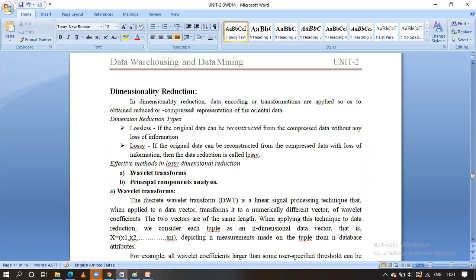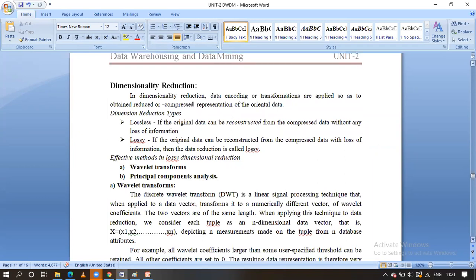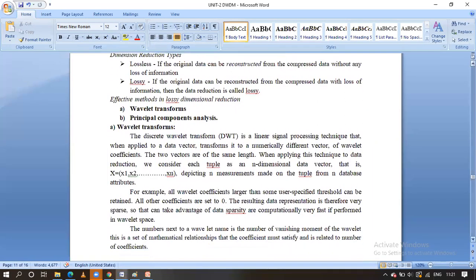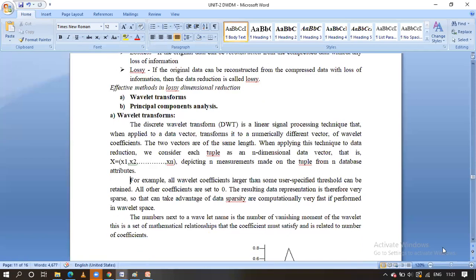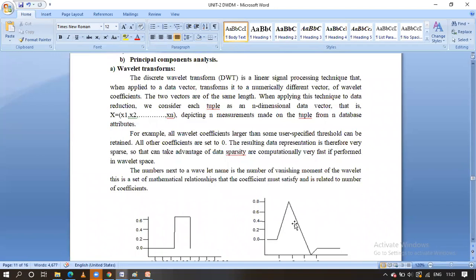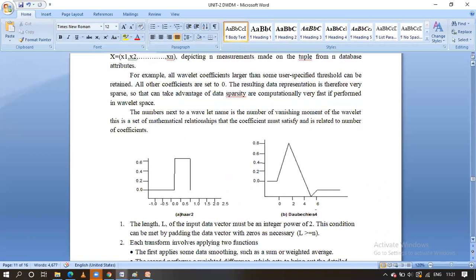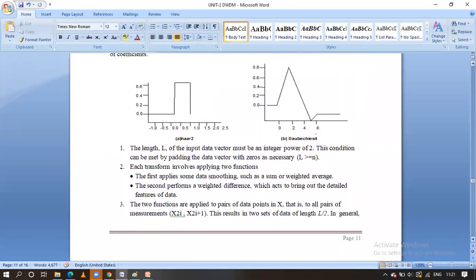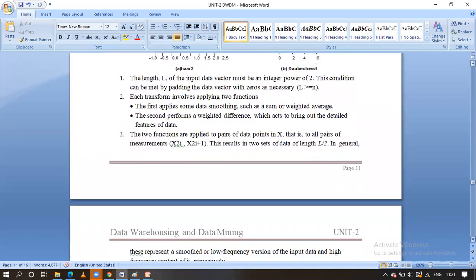దేర్ ఆర్ టూ టెక్నిక్స్, దట్ ఈస్ వేవ్లెట్ ట్రాన్స్ఫర్మేషన్ అండ్ ప్రిన్సిపల్. One is wavelet transformation and the next one is principal కాంపోనెంట్ అనాలిసిస్. దీంట్లో రెండిట్లోనూ కూడా మనము డేటాని రెడ్యూస్ చేస్తాం అనమాట. ఓకే, దట్ ఈస్ ఓవరాల్ డేటాను మనము వేవ్లెట్స్ రూపంలో రిప్రజెంట్ చేస్తాము. ఇన్ దిస్ వే ఓవరాల్ ఇన్ఫర్మేషన్ విల్ బి రెడ్యూస్డ్. ఓకే, అండ్ ద సెకండ్ వన్ ఈస్ ప్రిన్సిపల్ కాంపోనెంట్ అనాలిసిస్. ఇంతకుముందు మనం ఆల్రెడీ డిస్కస్ చేసాం కదా ప్రిన్సిపల్ కాంపోనెంట్ అనాలిసిస్. ఓకే, let us see that one.